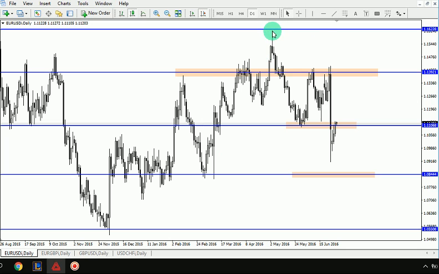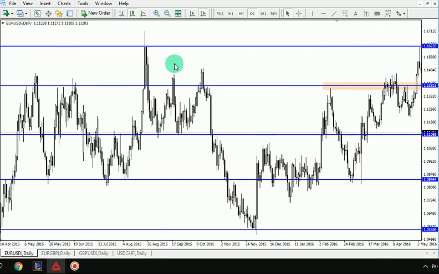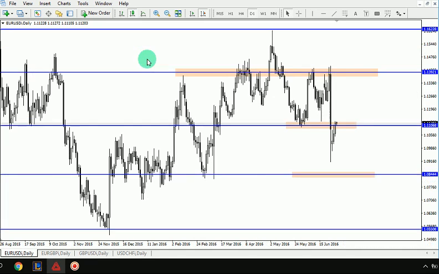This is a resistance area, but it's yet to be retested by the market. It was tested before, but this was back in August 2015. So this is gonna be a significant area in the future. So you need to watch out for that, and this area here as well, because the psychology behind zones is that